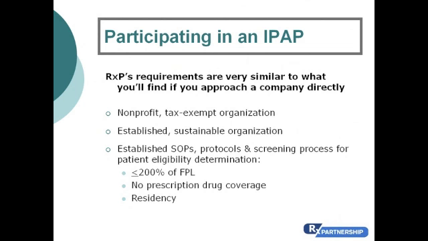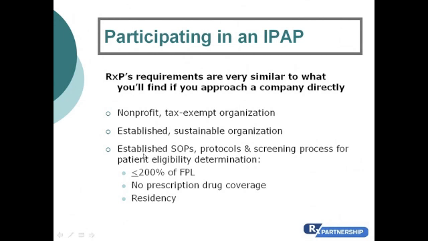So certainly being a nonprofit, tax-exempt organization, being established, sustainable, sometimes they will ask to see a 990. Other things just to show that you're in business, staying in business with all the practices that are needed in order to assure success. In terms of things that have become even more essential in recent years is the quality of your standard operating procedures, knowing that beyond just having a system for doing something, it's written down, it's documented. Certainly when it comes to how you go about doing eligibility screening,